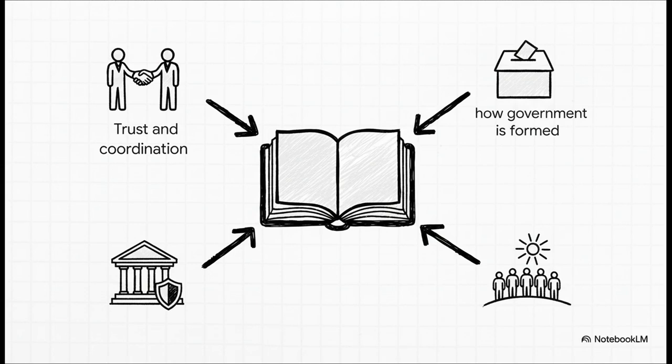So what does a constitution actually do? Well, it has 4 main jobs. First, it helps people from different backgrounds to trust each other. Second, it clearly says how the government will be chosen. Third, and this is very important, it puts limits on the government's power, so they can't do whatever they want. And finally, it talks about the dreams and goals of the people for a good society.